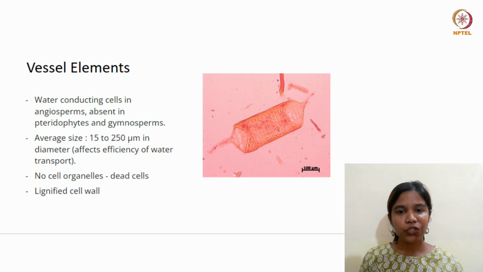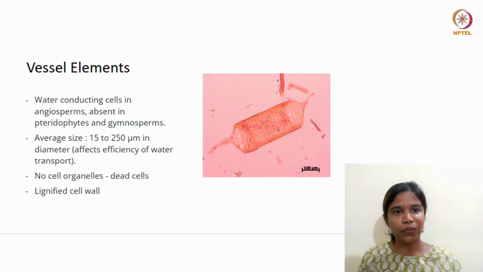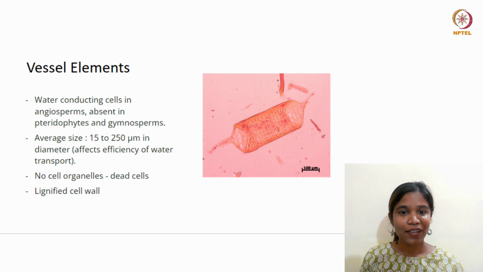Now the average diameter of a vessel element is usually 15 to 250 micrometers. Just pay attention, I'm using the word micrometer, and you may remember from your numbers and scales class in biology, we talked about it in the second week. You learned about different units of measurement in biology, and micrometer, how small is that? So these vessel elements have such a small diameter, it is in micrometers, and they help in conduction of water